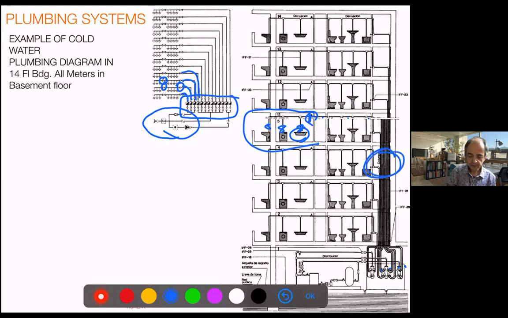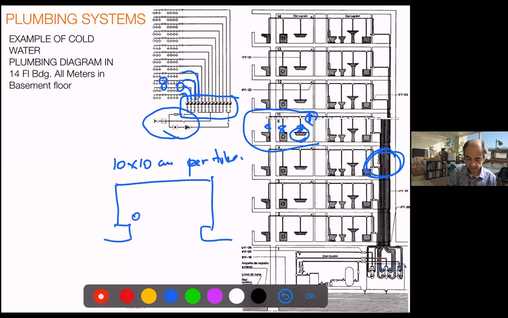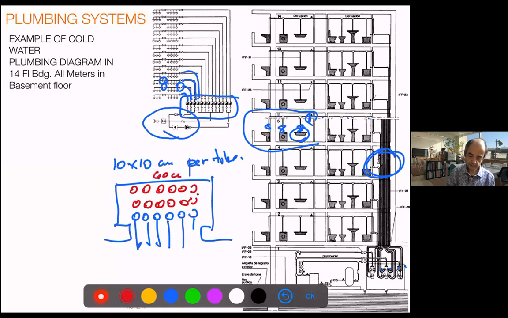Usually for this shaft, you calculate about 10 by 10 centimeters per tube, right? And in plan, you will try to have all the tubes belonging to one floor plan to be on the front and the rest to be on the back, right? So this is for 3 floors, and it will be like 60 centimeters by 30 centimeters minimum, and it will work. You have the space for the pipes and the insulation. That's in the case of apartments.